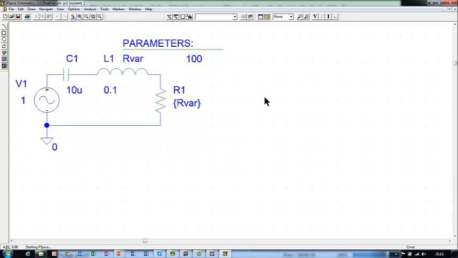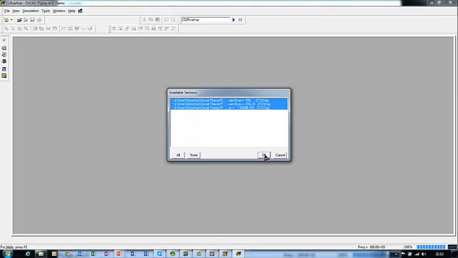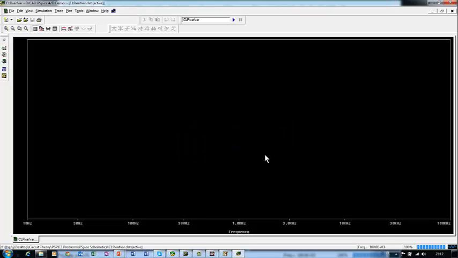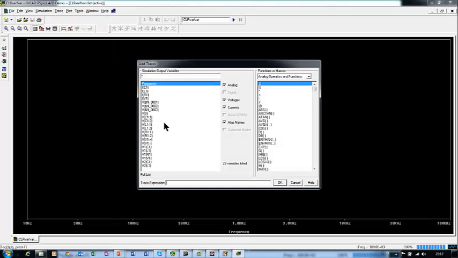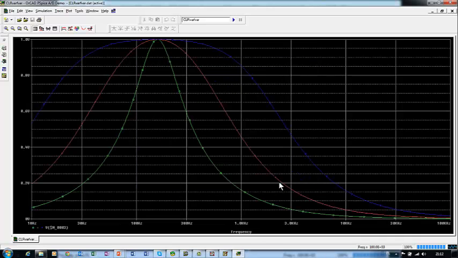Now start simulation. Simulation started. We are taking all three values of resistance and we have a black window. So at first let me add trace and gain, which is V of node number 3. So this is gain for three different values of the resistance. Now let me add another